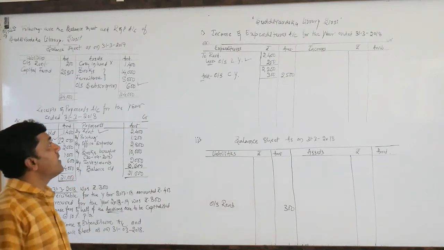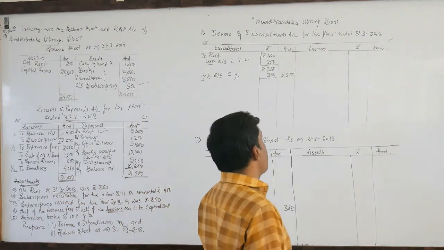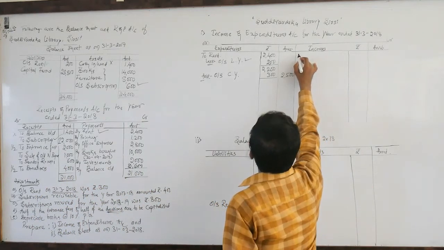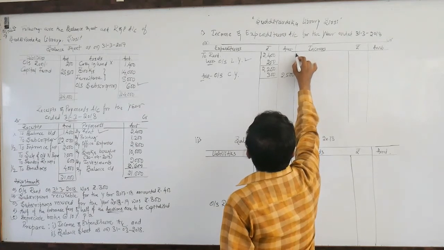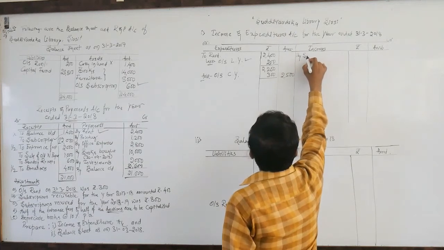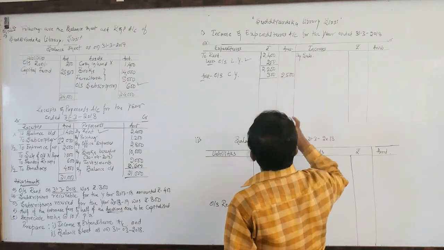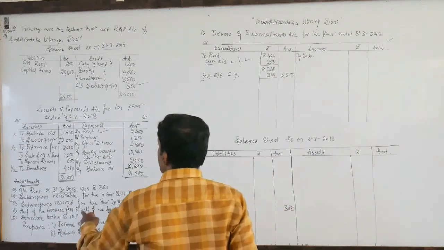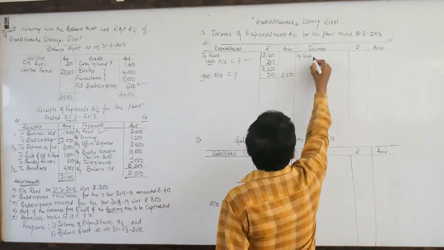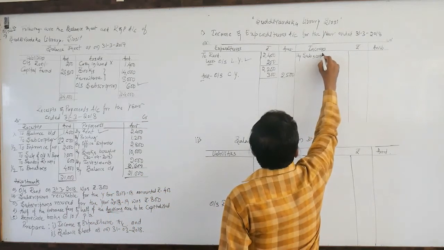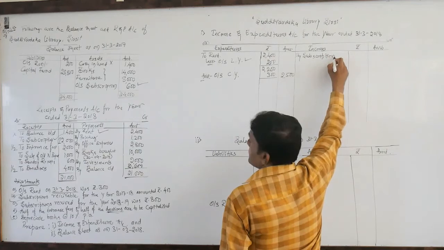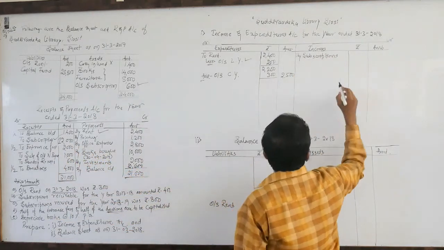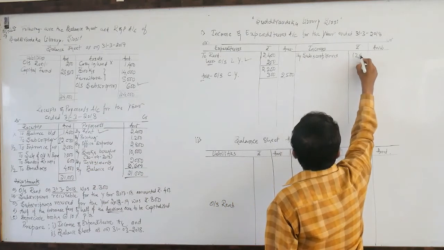So here subscription is the income. So dear students, here I am writing on the income side of the income and expenditure account. Look here, by subscription for the current year, subscription received, right? Subscriptions received during the year rupees 12,000.